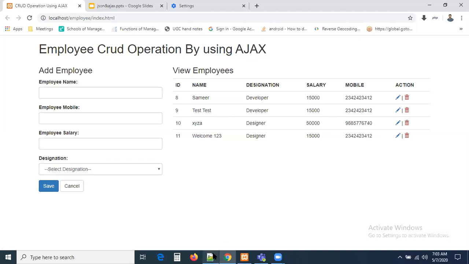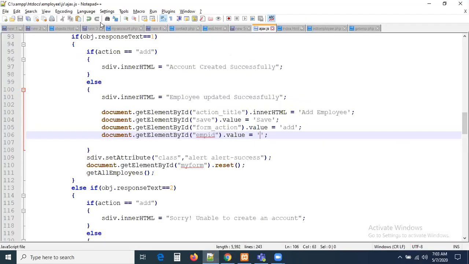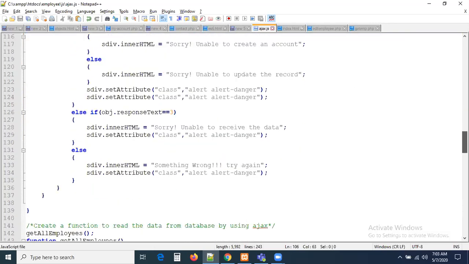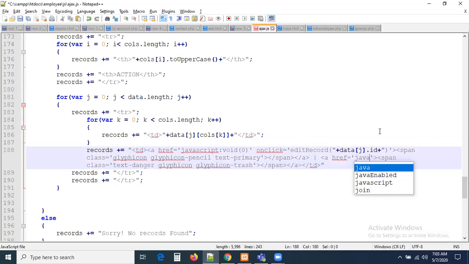First of all, where we are displaying this logic, this logic is coming from a JS file. Let us go to the JS file where we have displayed this information. Yeah, this is the place where we are displaying the edit record action. In the same manner, this is the delete record action. It is an anchor tag. The default behavior of an anchor tag is that the page gets reloaded when you click on it. Let us stop it by writing this attribute, javascript:void(0). So now there is no refresh of the page.